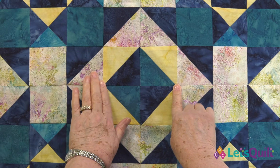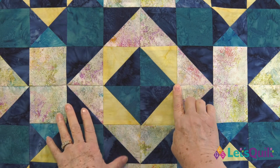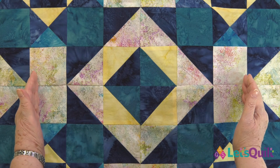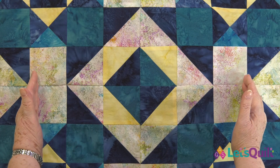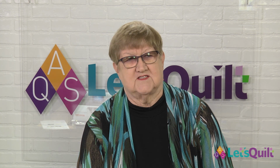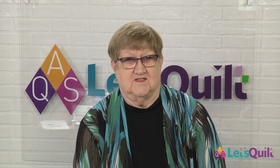Well, all right, now I told you that I had some problems with my points matching right here in the center. So I want to tell you what I did to fix that. I took it out about 3 or 4 squares out from the center, so that I had this whole section loose, and I went back and I repinned it again, but instead of sewing it with a regular seam allowance,